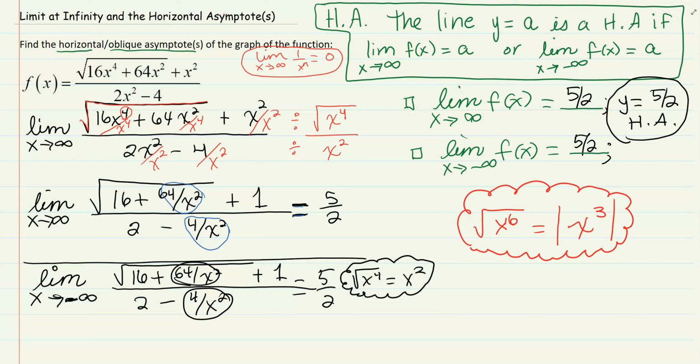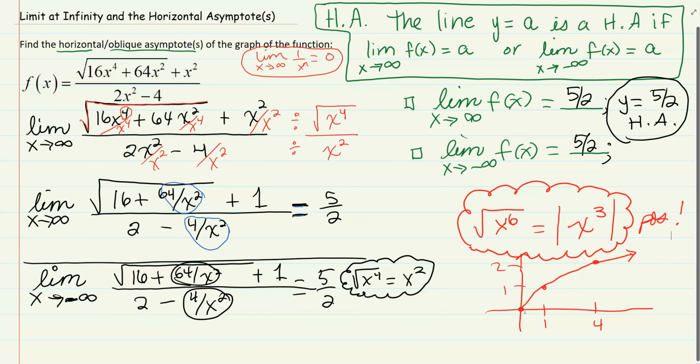but rather the absolute value of x to the third, because square root of a number has a positive answer, right? Because we want that to be a function. Remember how the square root function goes? Square root of 0 is 0. Square root of 1 is 1, not 1 and negative 1, just 1, right? And then square root of 4 is 2, not negative 2, right? So when you have square root, you only have positive answer. So square root of x to the 6 is the absolute value of x to the third, meaning that has to be a positive number. Well, how does that change